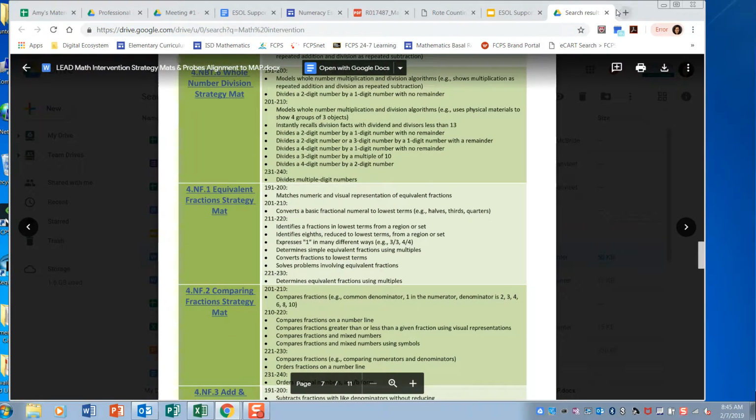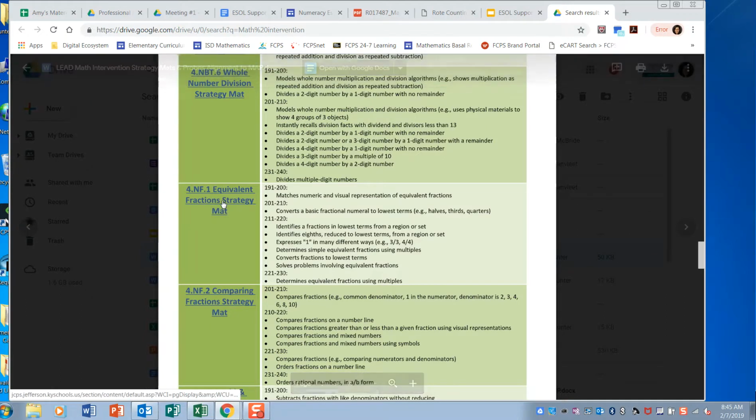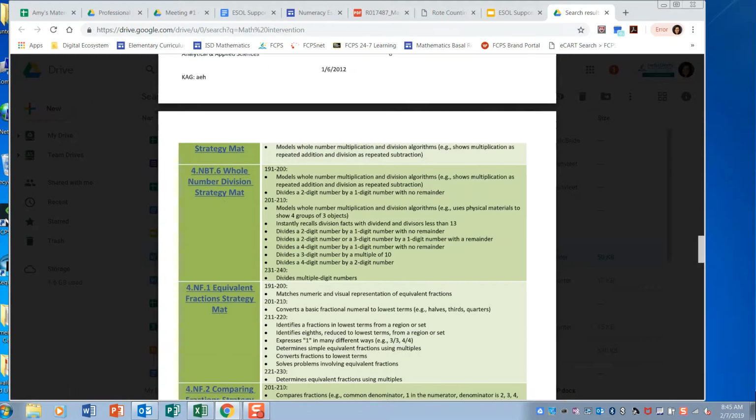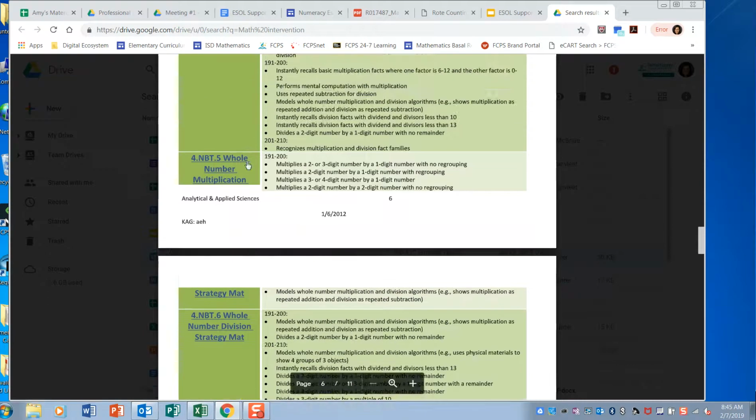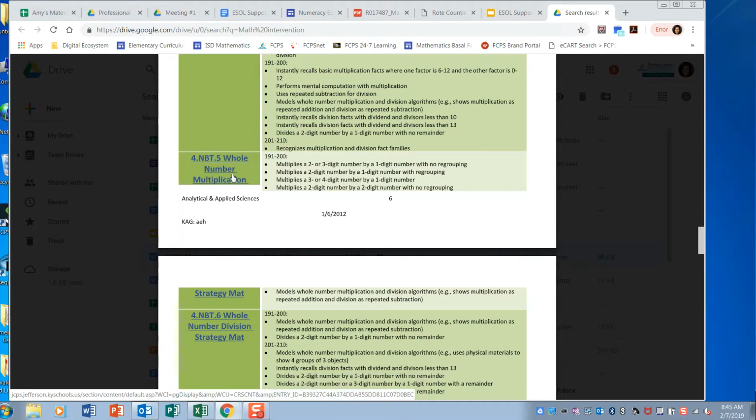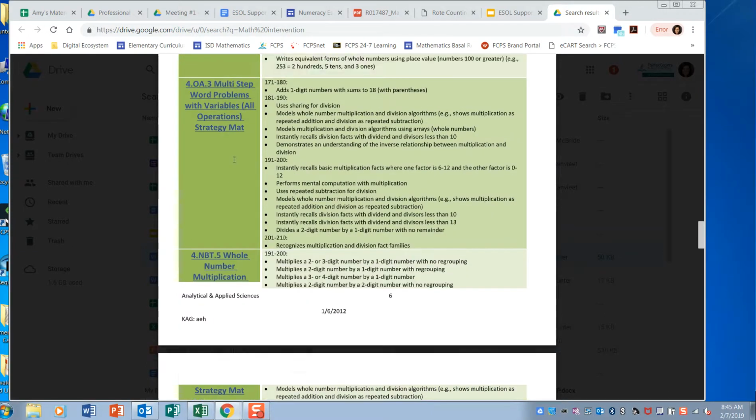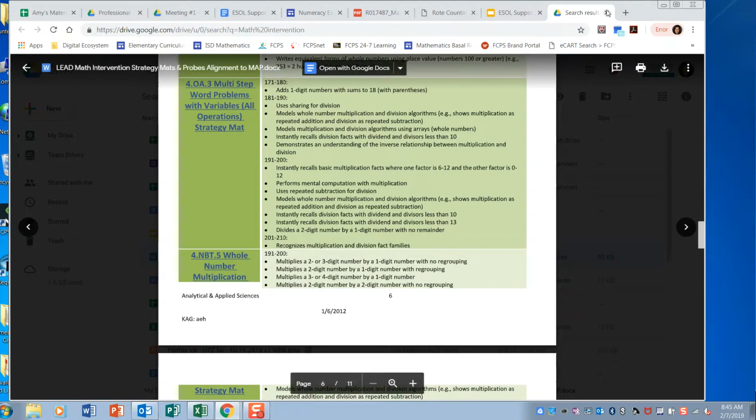But in terms of structure, what I want to share with you is how we organize the content. You can see we have topics, like I said before, and just because we had a strategy mat or topic did not equal one standard. Instead, it might equal a cluster of standards, which is one thing that I was thinking about in our work that we did